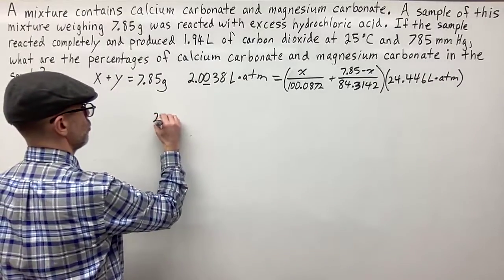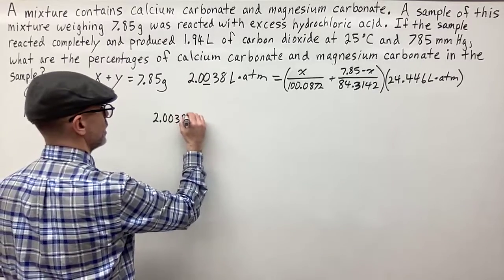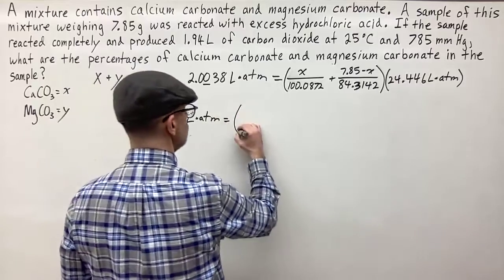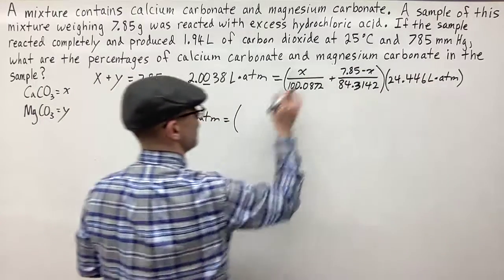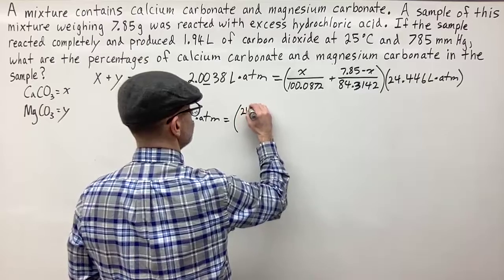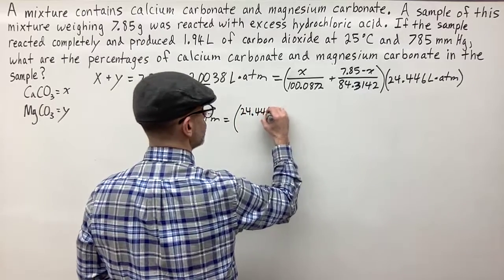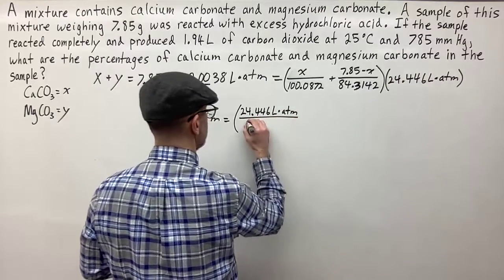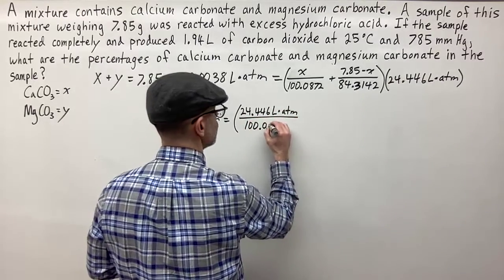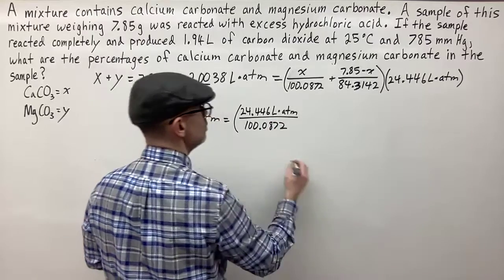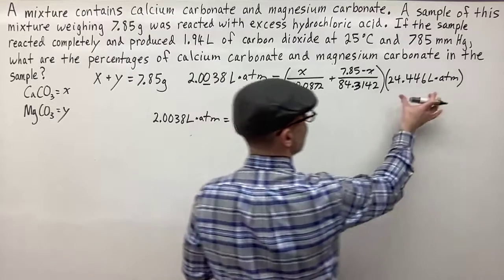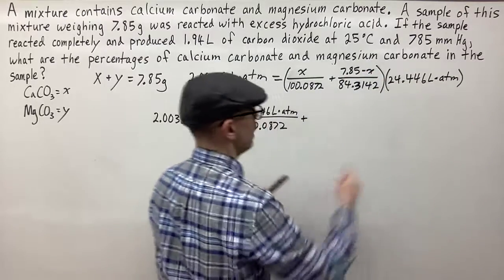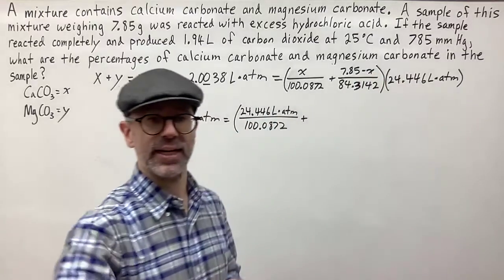So this is going to be 2.0038 liter atmospheres equal to, and then multiply this through. So this is going to be 24.446 liter atmospheres divided by 100.0872 plus, and then I'm going to multiply this by both of these on top. And when I multiply this by this, I get